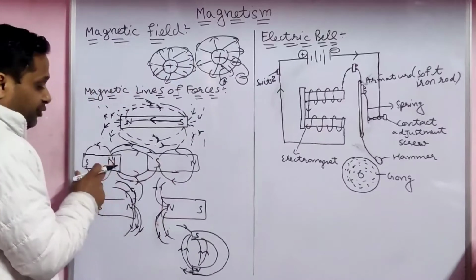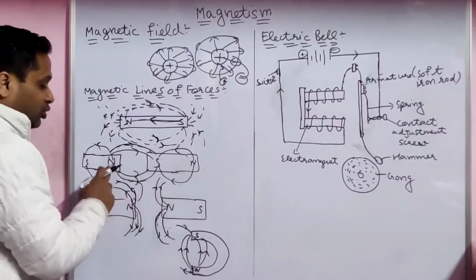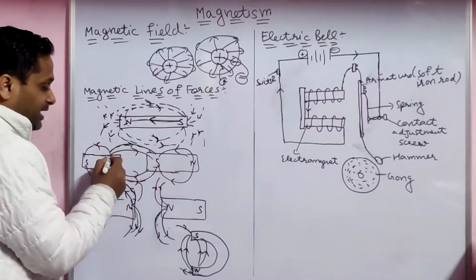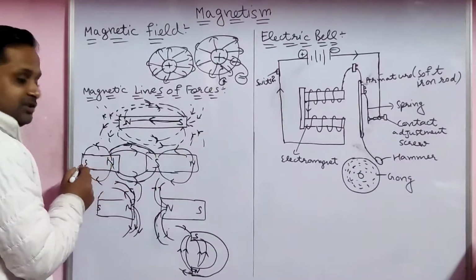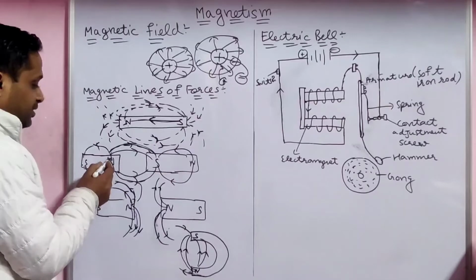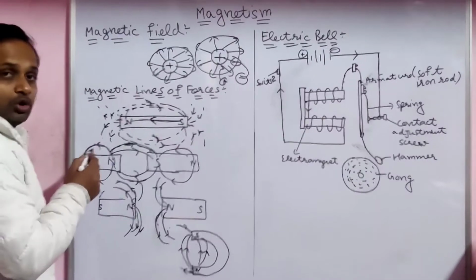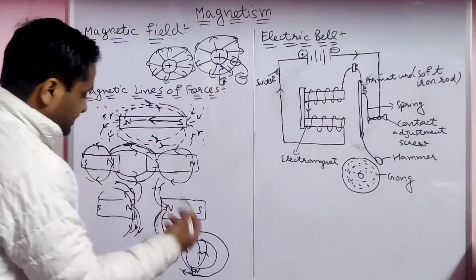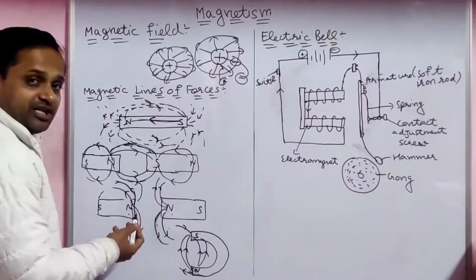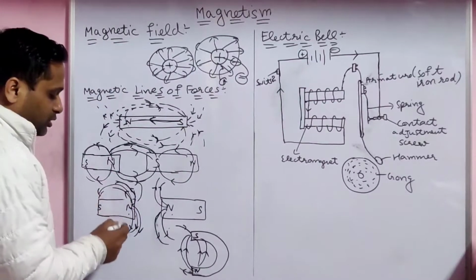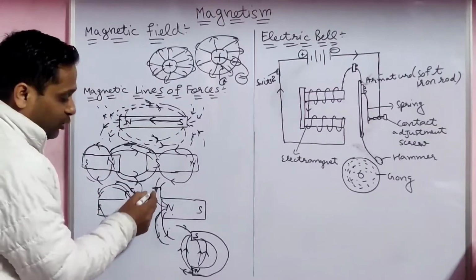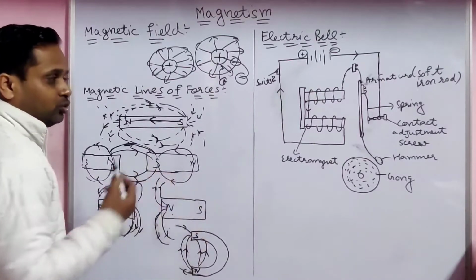Second, if you take one magnet on this side, and one magnet with north and south, then how do you draw it? North to south, north to south. Again, south on that side, north to south. If the same pole is there, repulsion is there, but you always follow the path north to south. You put the arrow like this, north to south, north to south.